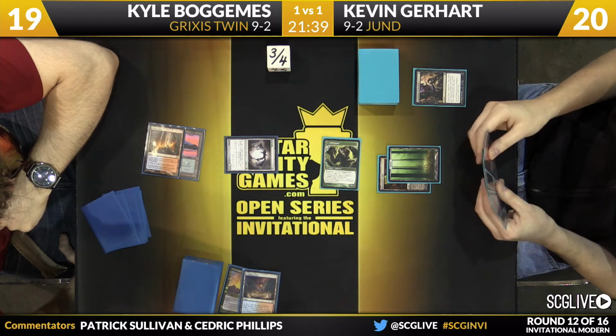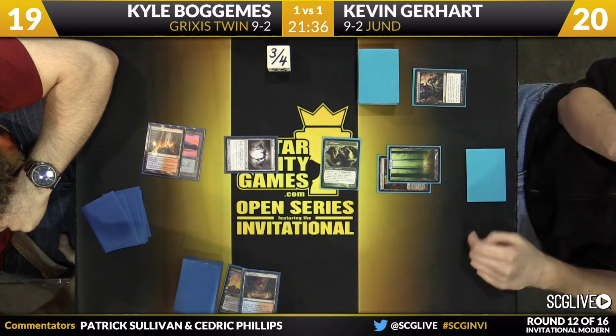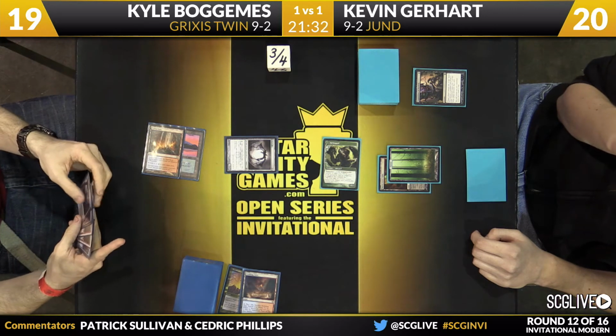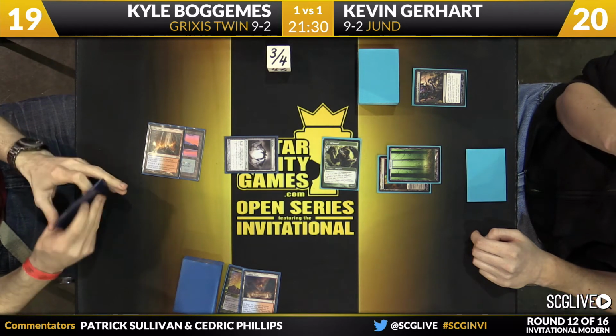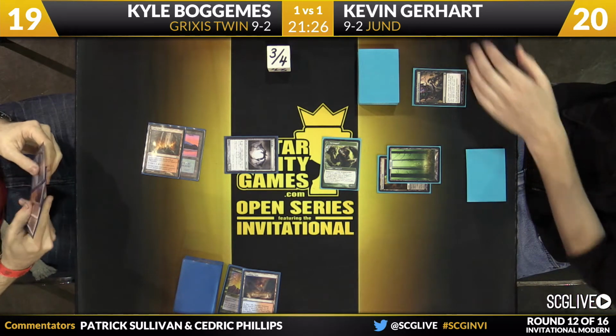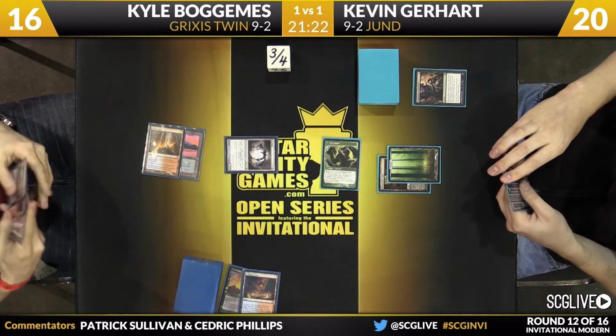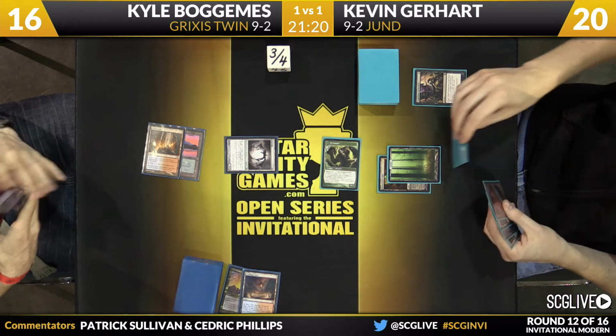Pretty interesting little standoff here. And Kevin with Bolt in hand. So that appears to be what's going on here. Kyle's going to take the damage, going down to 16. By not blocking, Kevin not having to cast the Bolt, maybe this frees up his mana a little bit this